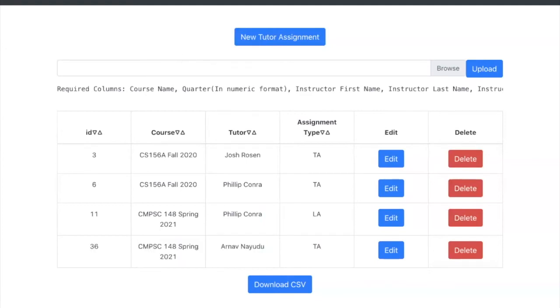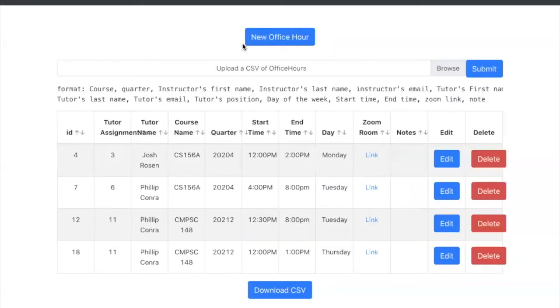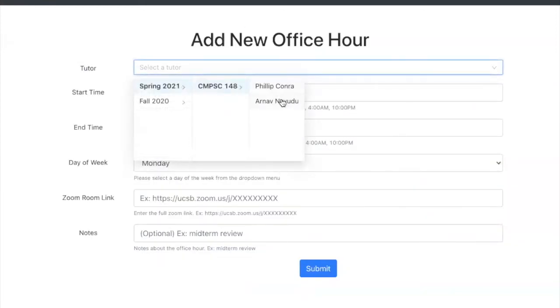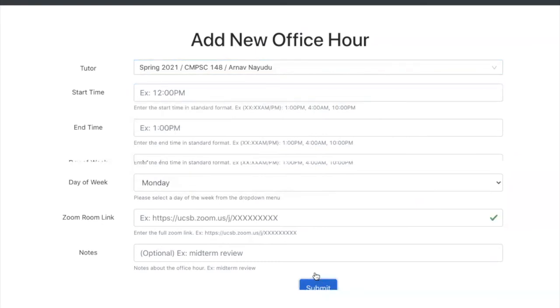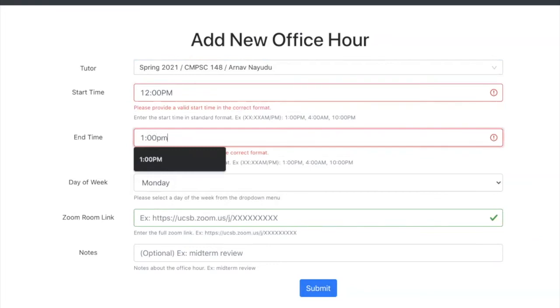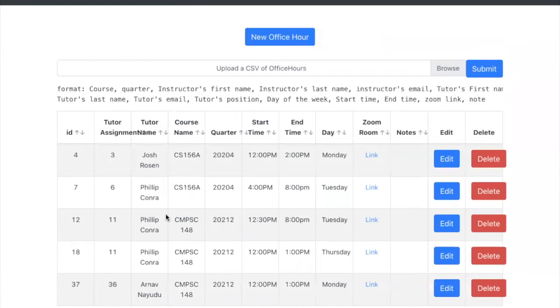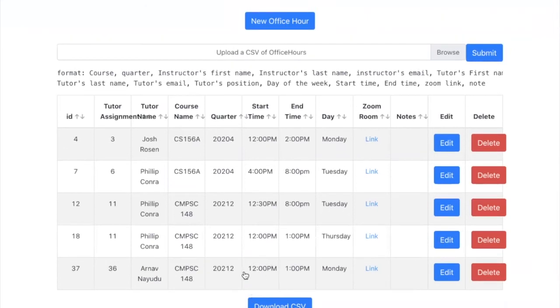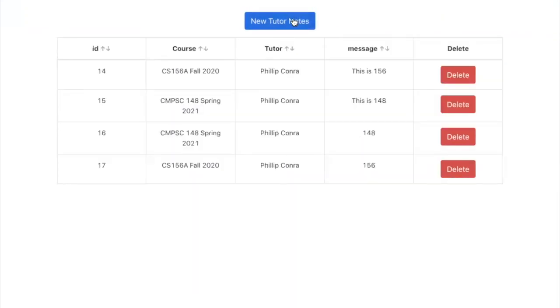So now from here, I would create new office hours for myself and select the tutor. I would select the course that I just added myself to. And as you can see, it shows a list of all of the tutors for that course. And then I'll just use the example start times. Everything else is default. Okay. So now, as you can see, it creates a new office hour for Arnav Naidu for CompSci 148, Monday, 12 to 1. So from here, what I can do is go to tutor notes and create a new tutor